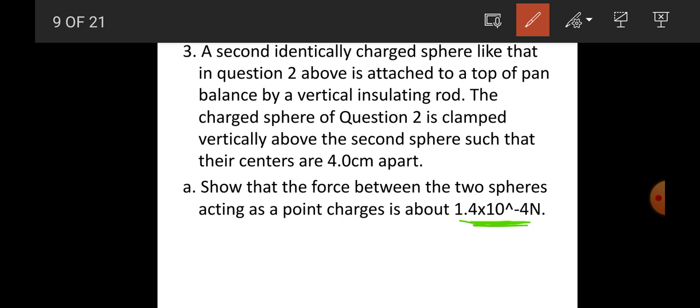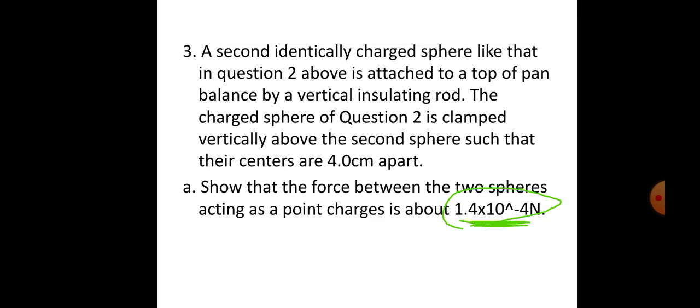So you are asked to determine the force formed between the two spheres is 1.4 times 10 to the power of minus 4 Newton. [Amharic: To show this,]